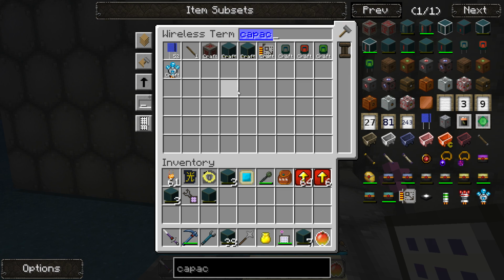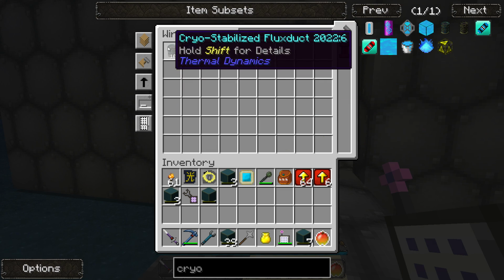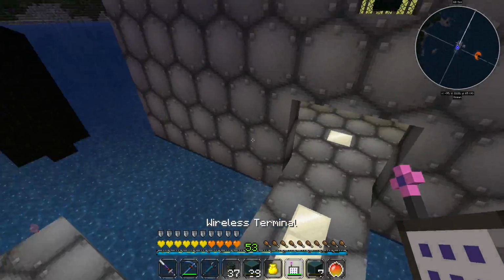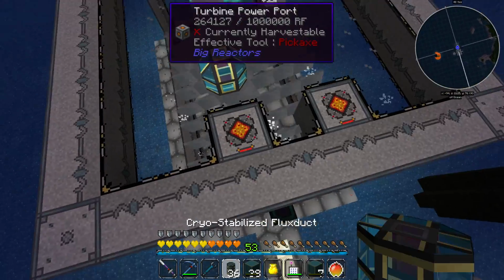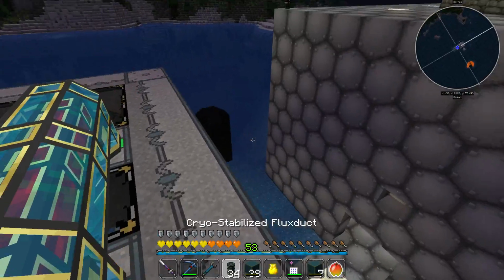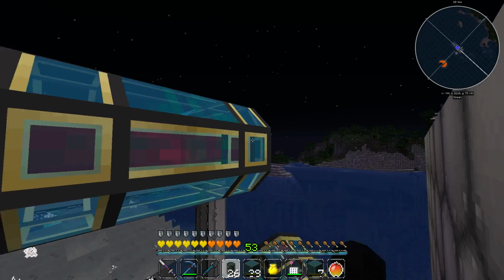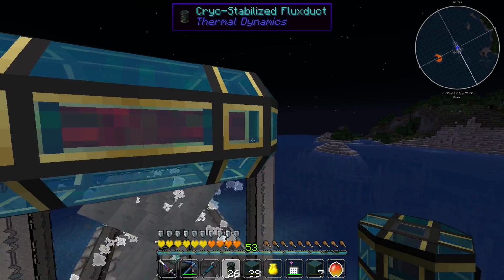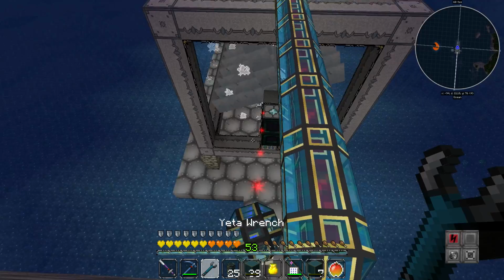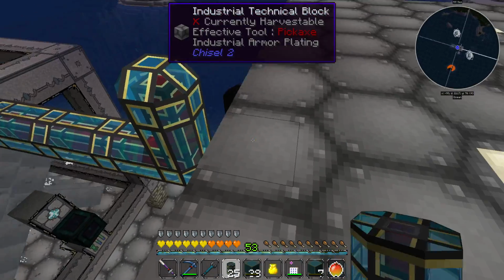And we will also need our cryo stabilized flux ducts. So from the top side here, nope, yes, you go away. We will have the energy line coming over to here. Really? Place it. Yes. You come with me, and actually that's not so...